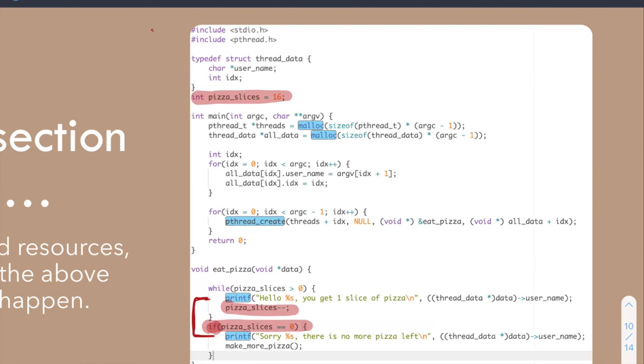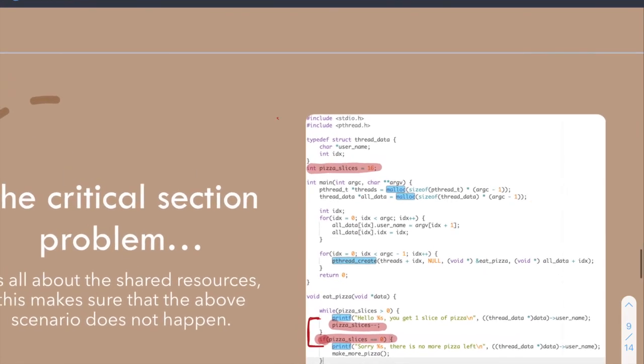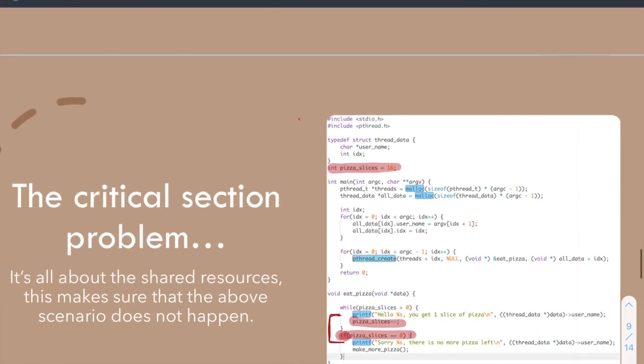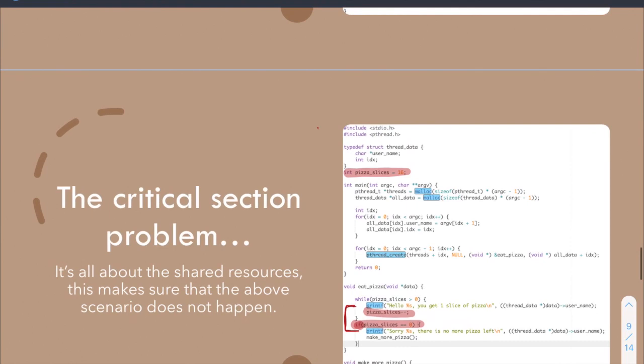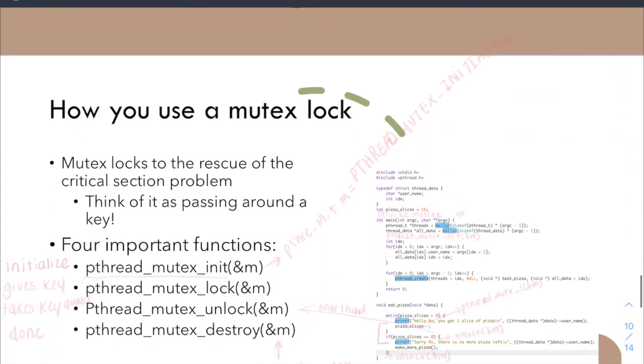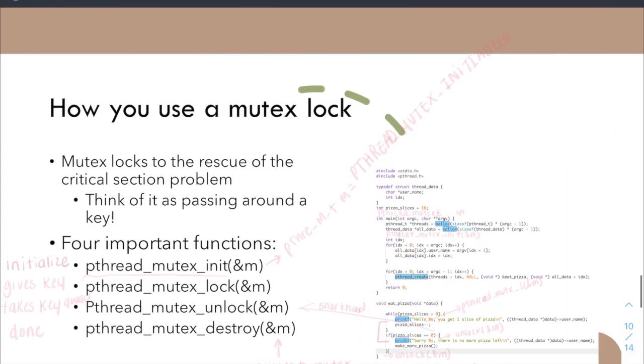And so you may be wondering, okay, but how do I solve this? I want to write a really fast and efficient multi-threaded program, but I want to make sure that this does not happen. And so this is where a mutex lock comes in play. Mutex locks basically come to the rescue of the critical section problem,